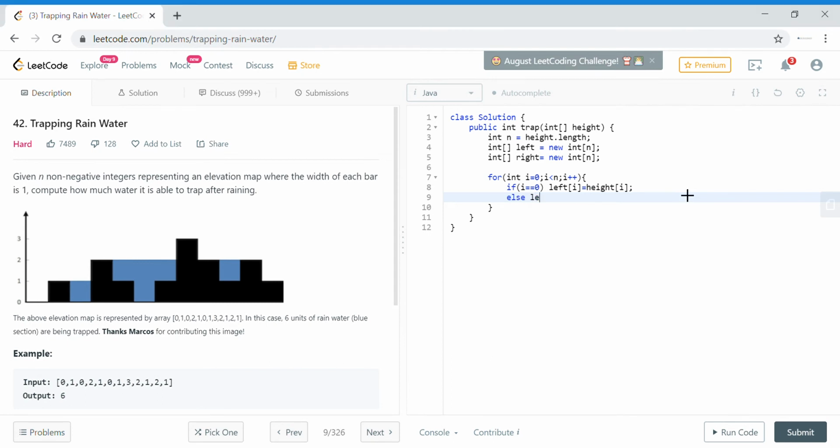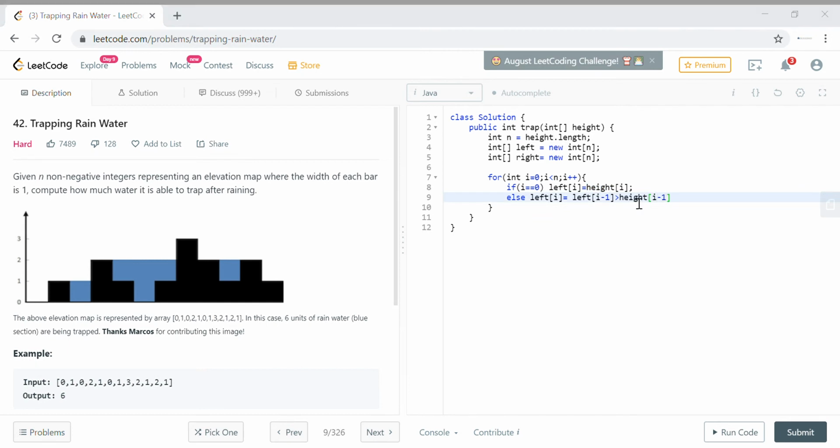otherwise the left of i will be equal to whatever, we need to check whether the previous left building that we have is greater than the current building. So we'll say left of i minus 1, is it greater than height of i minus 1?